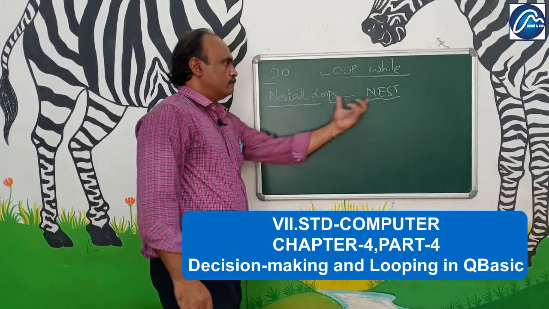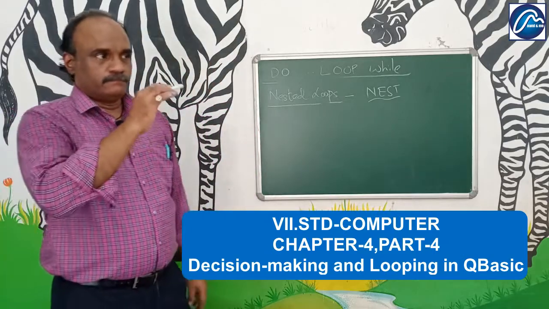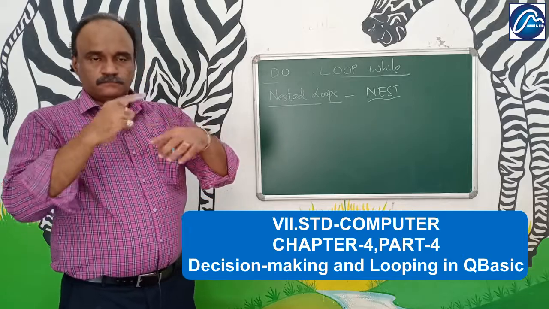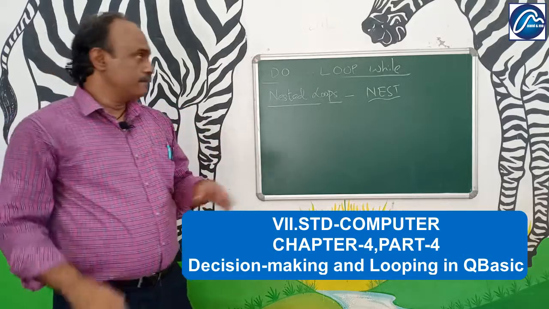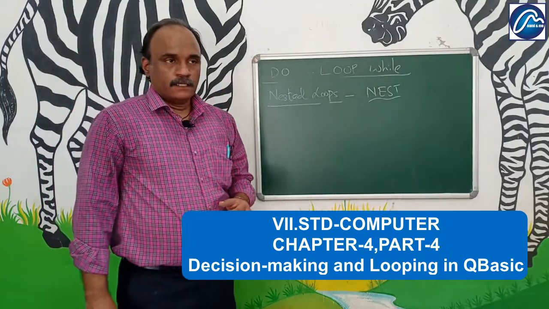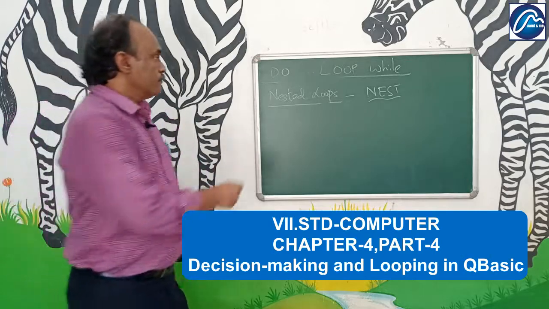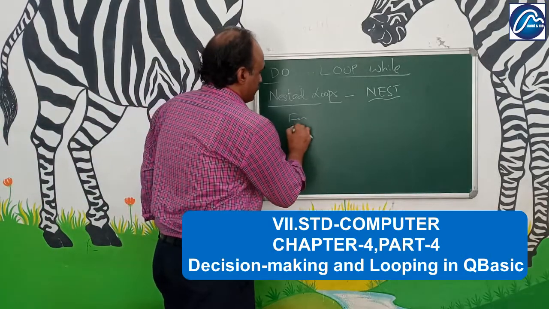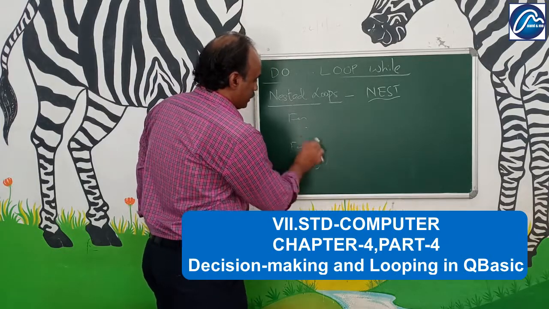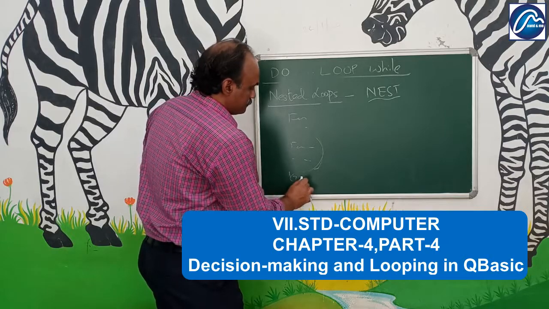Nested loop. Nest. You all know what is a nest. A bird makes a nest. You know, it goes on binding the things and it becomes a nest. In the same way, a loop within a loop is called a nesting of loops or nested loops. Loop within a loop. One loop is there. In between there is something else. So this gets executed till certain conditions are repeated and then finally it ends.